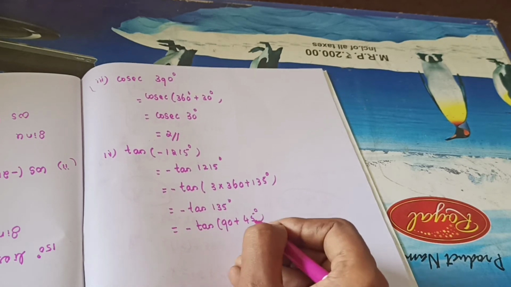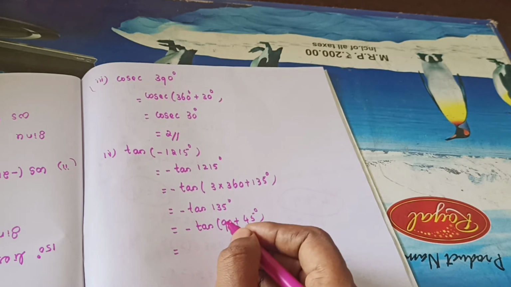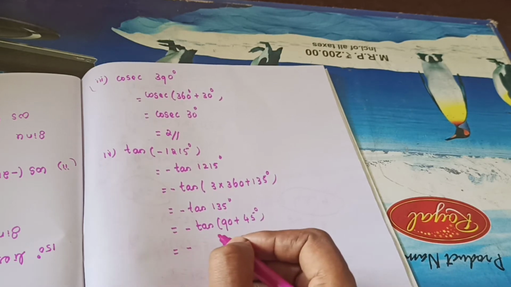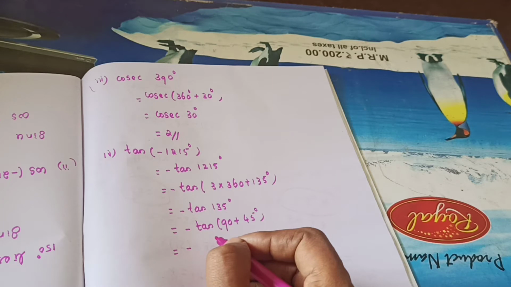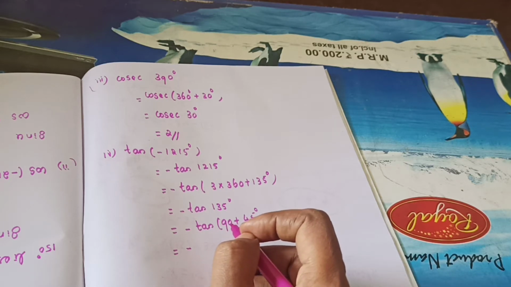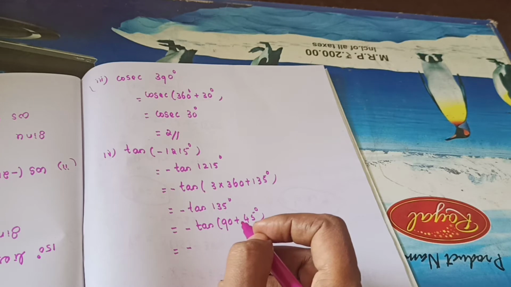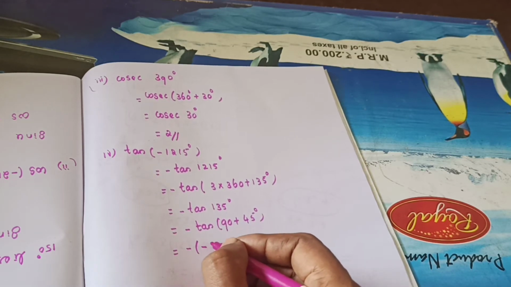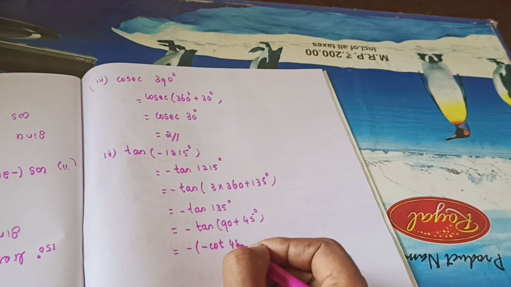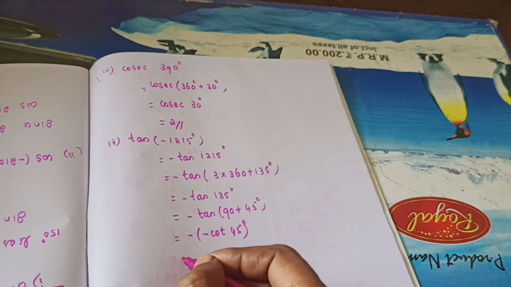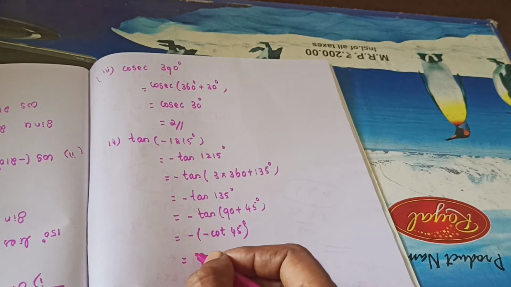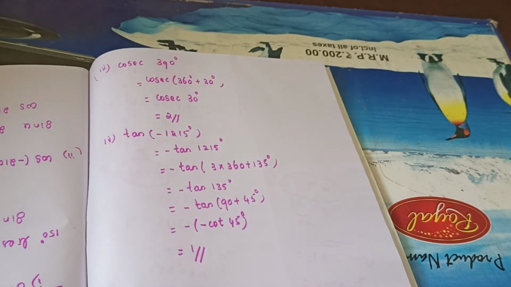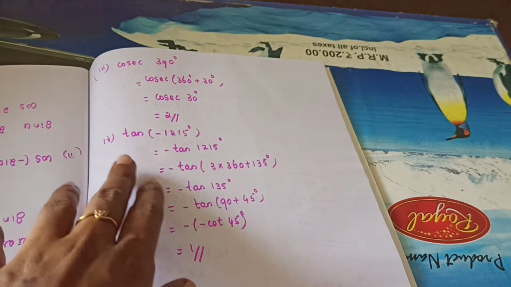90 plus theta. So my tan of 90 plus theta means, tan of 90 plus theta is minus cot theta. So again here one minus is there. So minus cot 45 degree. So minus into minus is plus. Okay. So cot 45 degree, what's the value? 1. Do it very carefully. So it's a very big number, correct?